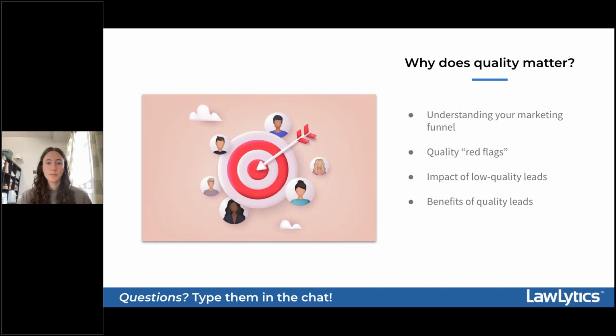And that brings me to my next point, which is the impact of low quality leads. So consider a lead that is low quality, and by low quality, it likely just means that they are either unqualified due to their location or the matter type, or maybe even both of those reasons. And despite being unaligned with your ideal client profile, they have somehow found themselves moving through your marketing funnel until eventually they are lost as a lead, either because they are unqualified or they disqualify themselves and bounce from your website.